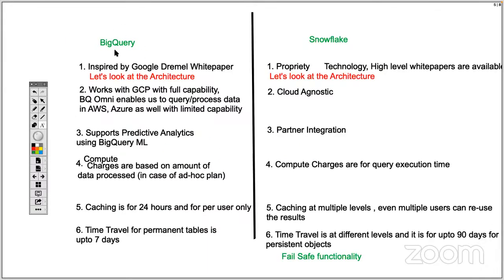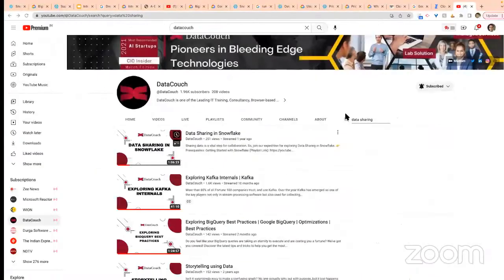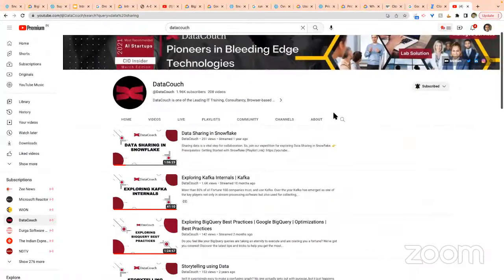First of all, when we talk about BigQuery, we are talking about an architecture inspired by the Google Dremel white paper. So let's go to the YouTube channel because I have already recorded a video on the architecture of BigQuery.